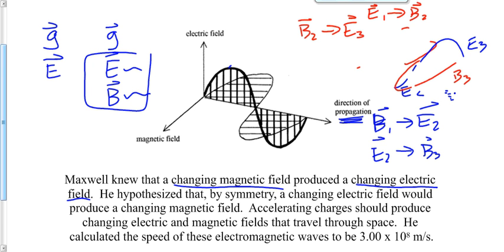And when it does propagate or move or transfer from one place to the other, it does it really, really, really fast. In a vacuum or in air, pretty much the same speed. It's slightly slower in air than it is in a vacuum, but it's just about the same speed. It's 3 times 10 to the 8 meters per second. In 1 second, light of any kind, right? We saw that video to start off: radio waves, microwaves, infrared, visible light, ultraviolet, X-rays, gamma rays. Any of those types of EMR will travel at this speed, 3 times 10 to the 8 meters per second. That's about 1 billion kilometers per hour. That's so fast